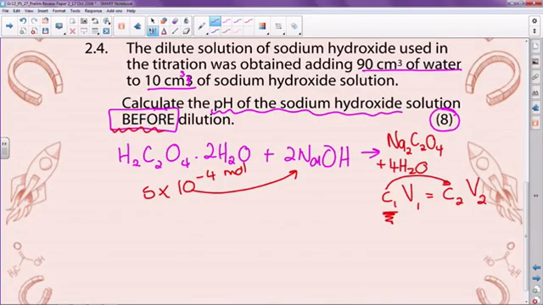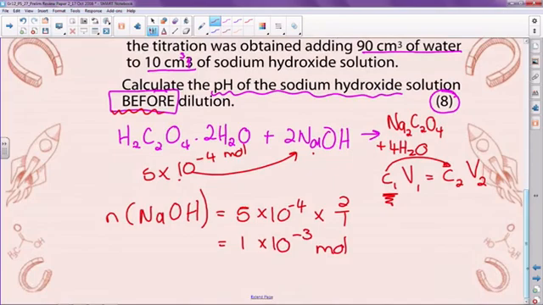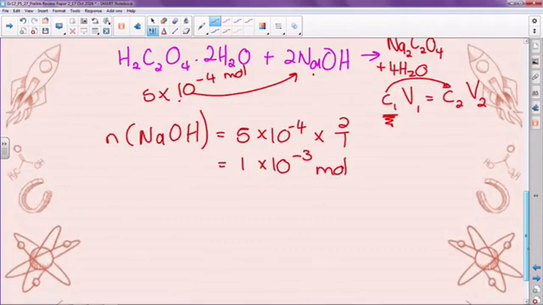Now, that didn't change, but that number of moles will determine how much sodium hydroxide we need. So the number of moles of sodium hydroxide we need is 5 times 10 to the minus 4 times 2 over 1, because we need twice as much sodium hydroxide as we've got oxalic acid. So that gives me 1 times 10 to the minus 3 moles. So in my reaction, I used 1 times 10 to the minus 3 moles. Now, why is that important? Because that's going to help me determine the concentration of the solution that I used after it was diluted,